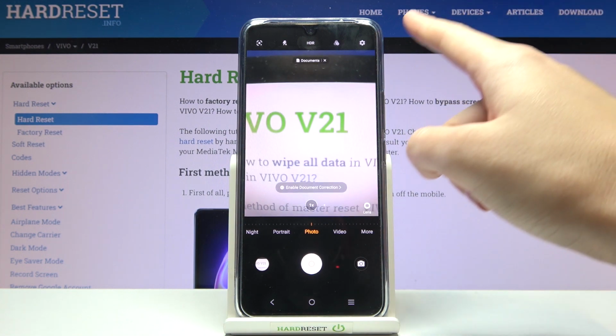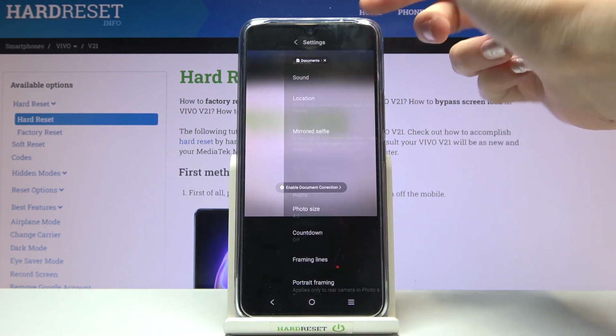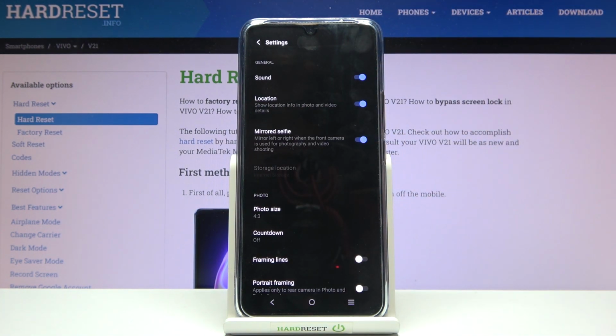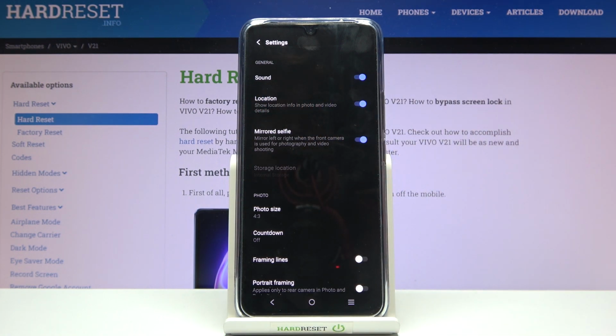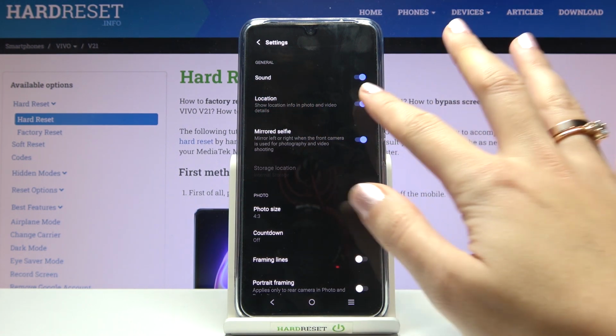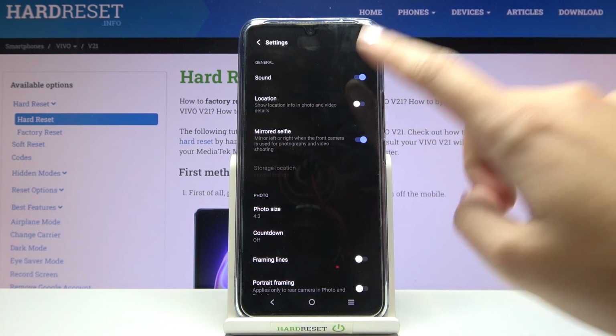mode. From here let's go to the right corner button so we can open the advanced camera settings, and here at the second position we have the location option with short info that this can show location info in photo and video details. By using the button from the right we can easily turn it off and turn it on as